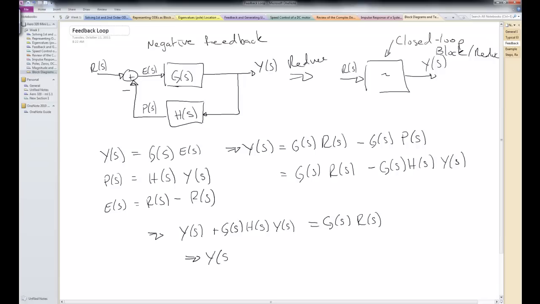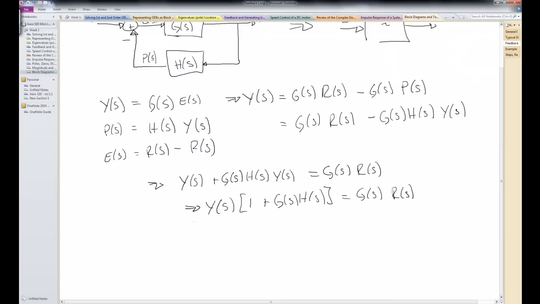In other words, I end up with Y of S times 1 plus G of S times H of S is equal to G of S R of S. And finally, solving for Y of S, I end up with G of S over 1 plus G of S